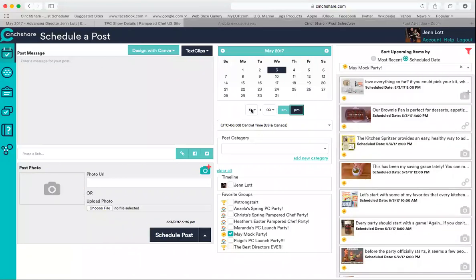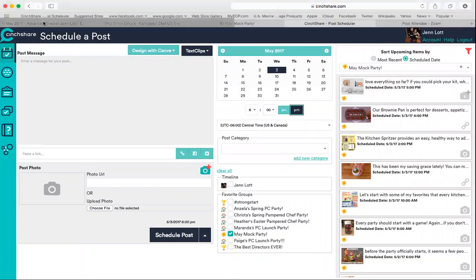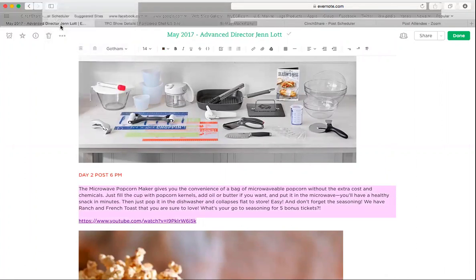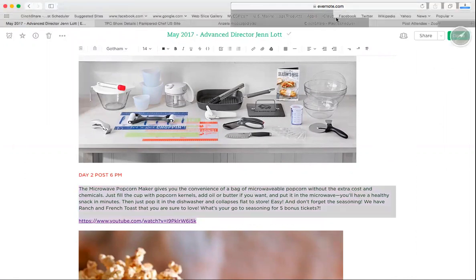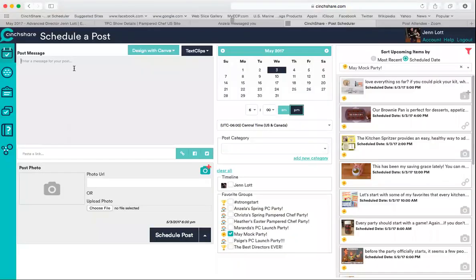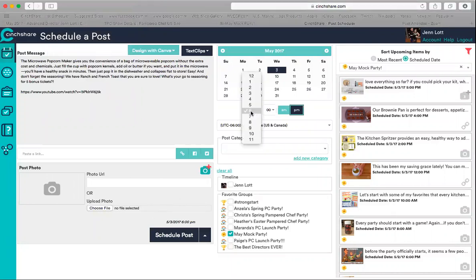So if you've stuck with me this long, you're doing great. If you're tired or you need to take a break, do so. You could probably go another 45 minutes of this before you're done with your first party. But don't give up. It's worth it in the end, I promise. Because when your party is completely scheduled and you don't have to think about posting every 2 hours, or you don't have to think about